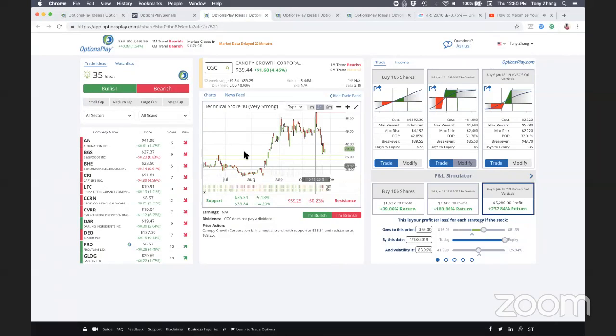But by only doing implied volatility rank, you lose out on a lot of trades, and that's why we don't do that. Myron, you're saying you were charged $50 instead of $39.